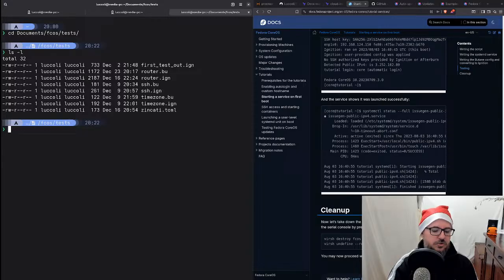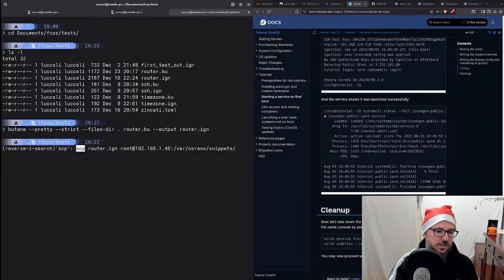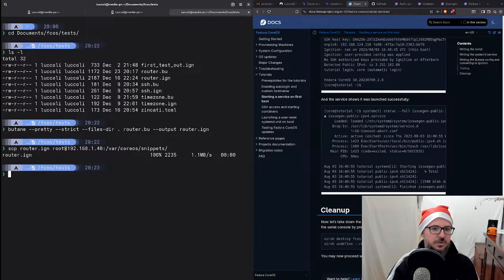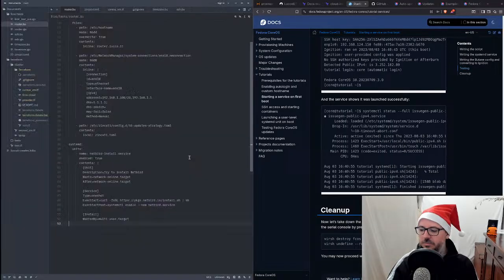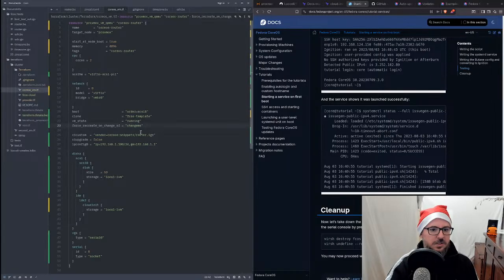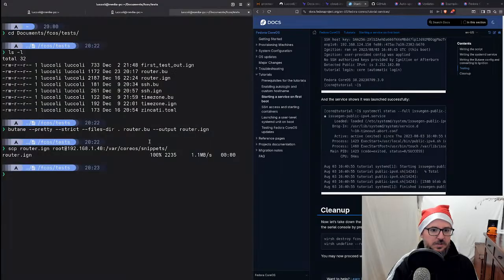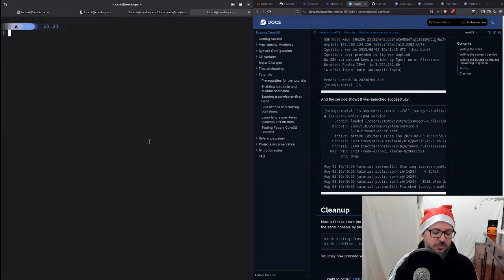I can just recover the butane command where we have router.bu and output router.ign, and then the scp command where we move this in here. We go back to Z as we need to modify this, and then we move to